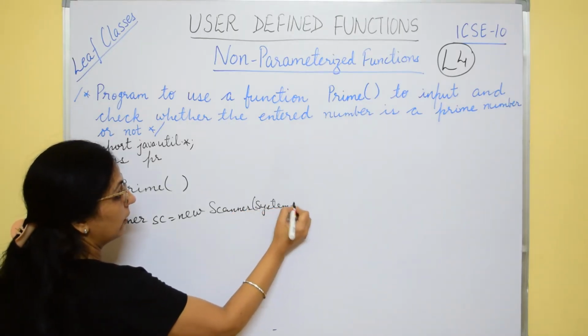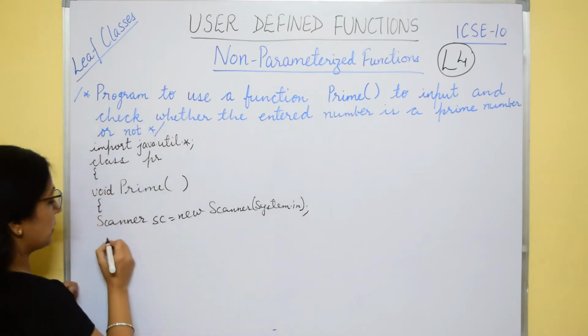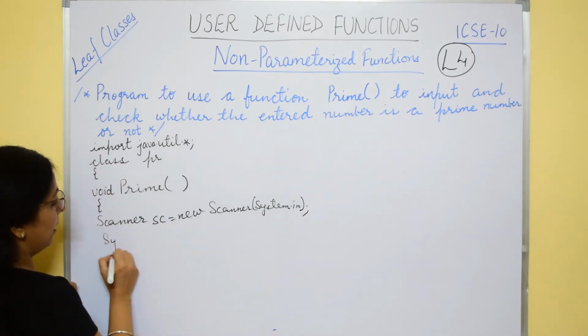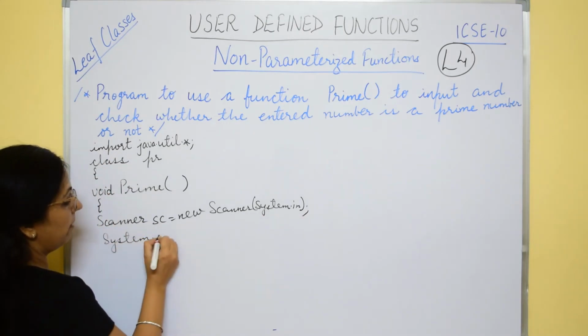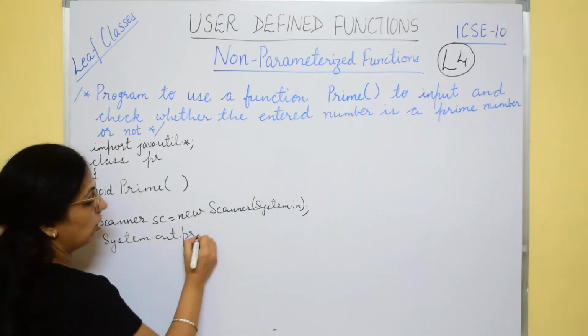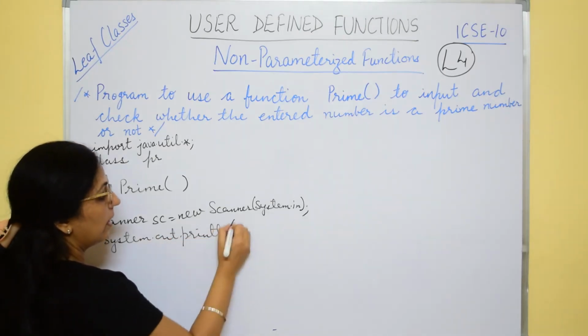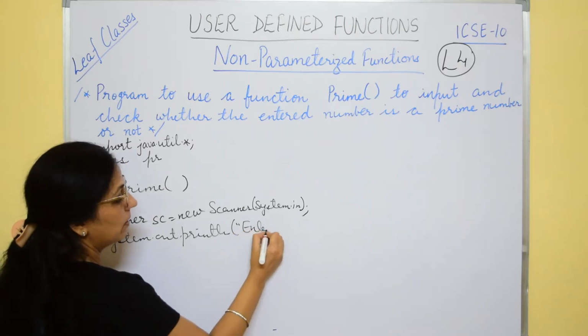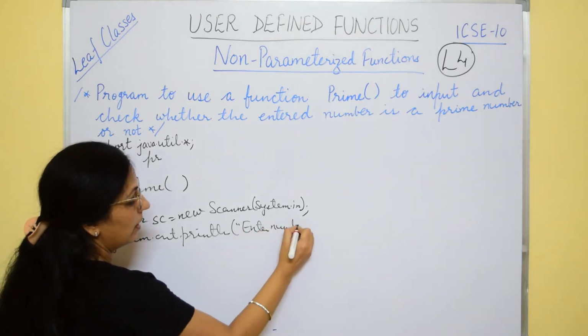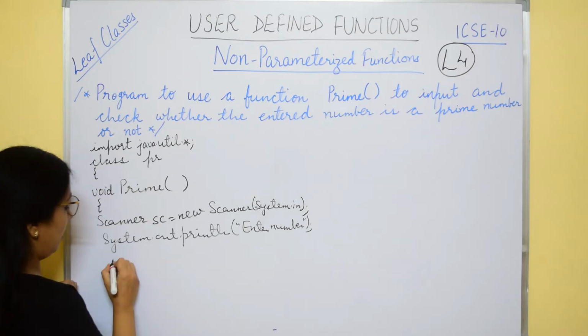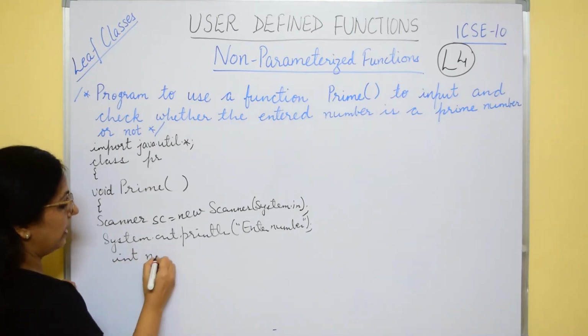We have created the object of the Scanner class. Give the statement to input the number: System.out.println("Enter number"), and I will input the number in one variable n equals